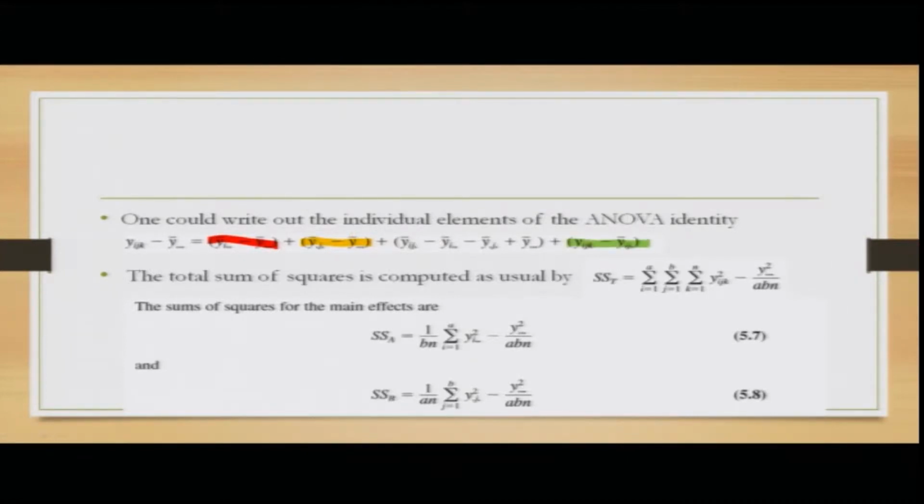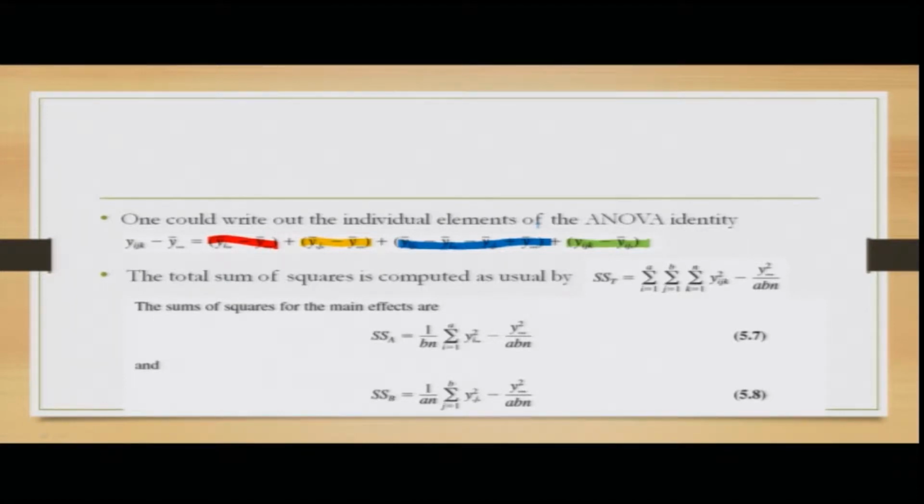So, it would be again y i j k for each cell minus the sum of, for all the n values, keeping i and j interchangeably changing, i from 1 to a and j from 1 to b, small b. And the third value would basically be the differences of the sums taken for i j dot, that means summing up for all the n's,